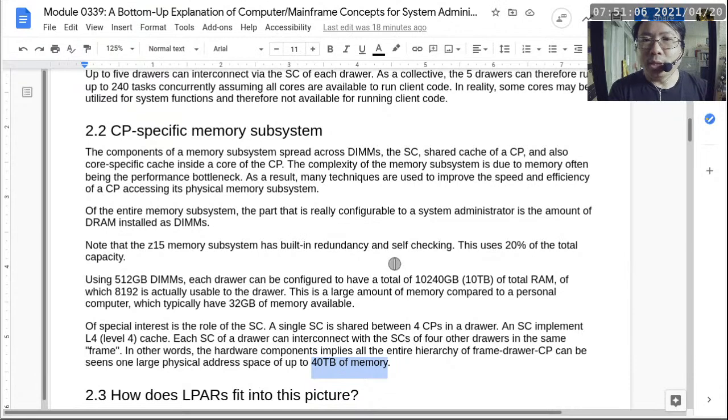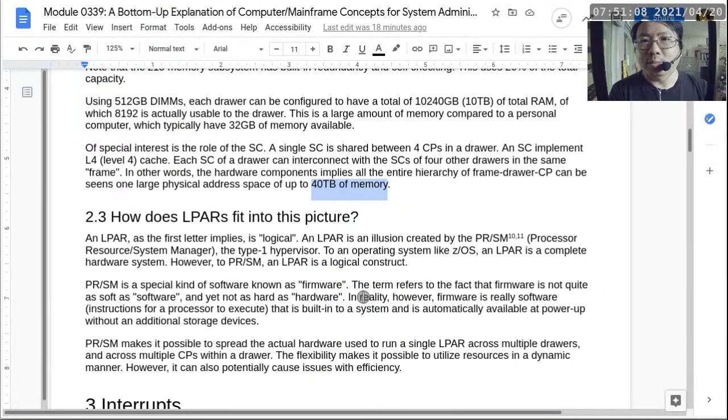All right, so now section 2.3 talks about how LPARs fit into the picture. An LPAR, a logical partition, is an illusion created by the PRSM. The PRSM is the actual name of the Type 1 hypervisor that IBM uses. And its full name is Processor Resource System Manager. It doesn't say anything about hypervisor, doesn't say anything about virtual machine, doesn't say anything about